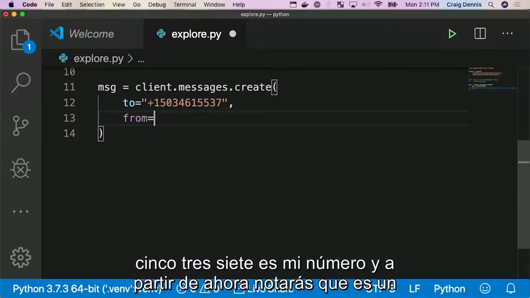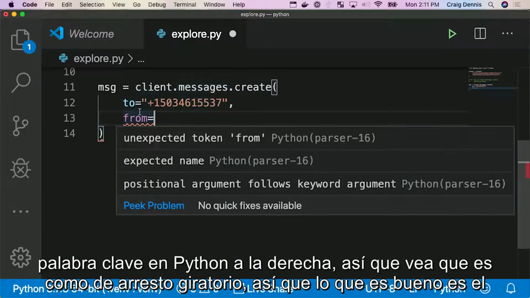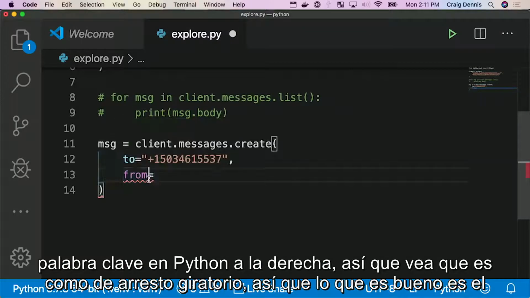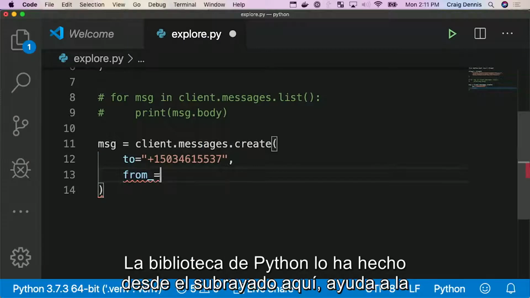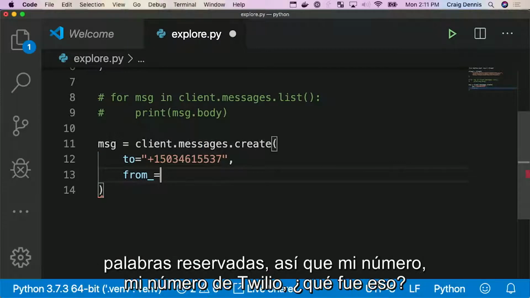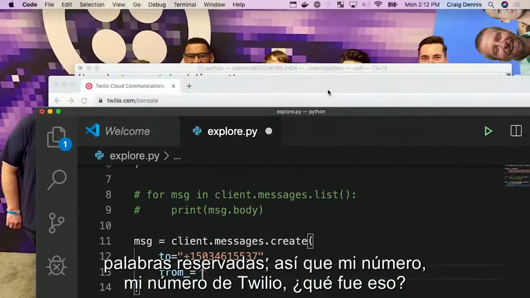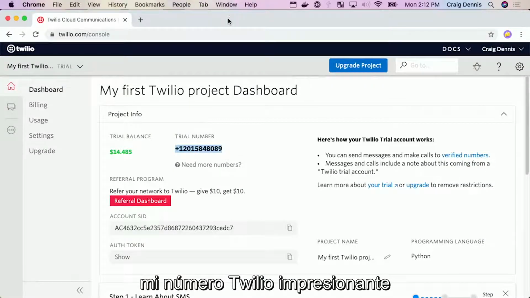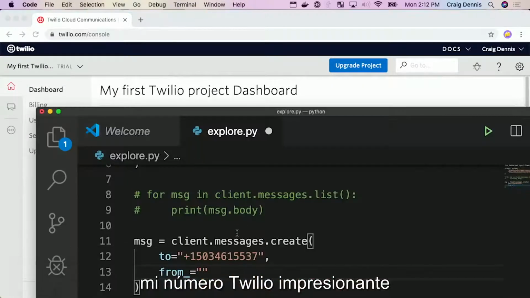And the from, now you'll notice that from is a keyword in Python, right? So see, it's like from Twilio rest. So what's nice is the Python library has made it from underscore here. It helps for the reserved words. So my number, my Twilio number, what was that? Here it is. It's my Twilio number. Awesome.